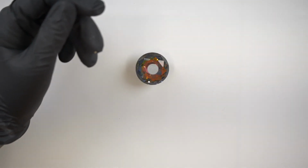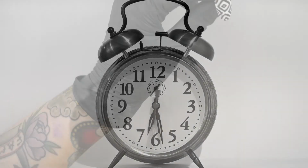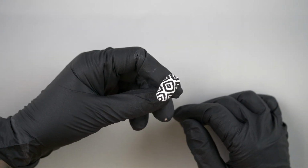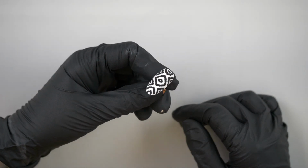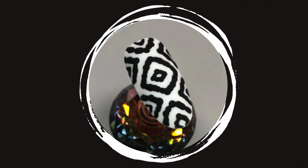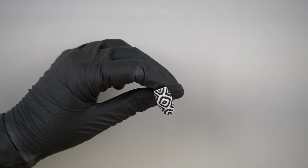So then pop that into cure for 60 seconds. Ooh, I love it. It looks really nice matte. So it is obviously monochrome, black and white. It's a diamondy print, but I didn't want proper diamonds, and I'll show you a picture that was my inspiration for it in a second, but it kind of looks a bit Aztec-y. But anyway, I'll show you the